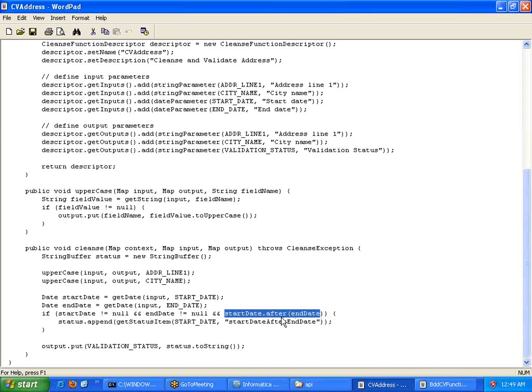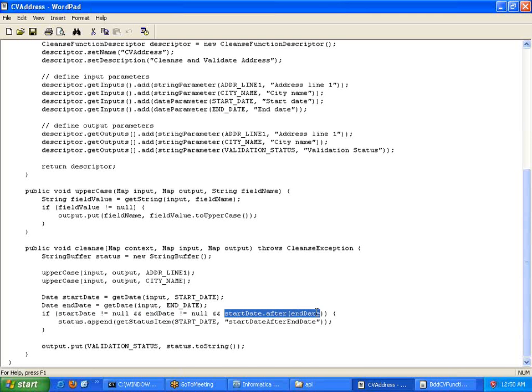These are the predefined methods in date. This is a date type, right? So after, you will have it in Java, and checking for end date, which means see whether start date is greater than end date. That's what is meant by this particular block. Yeah? Now, in case that is the case, which means either start date is equal to null, end date is not null, and